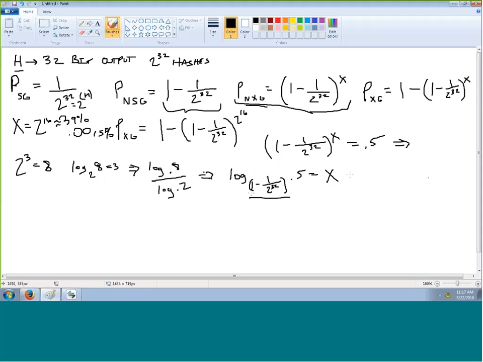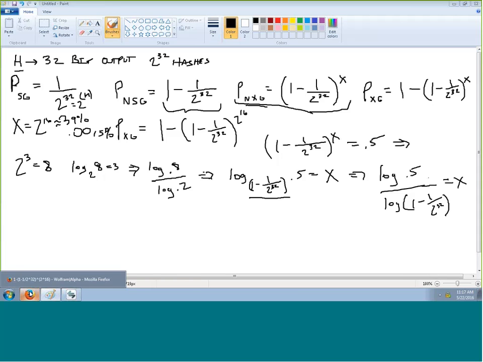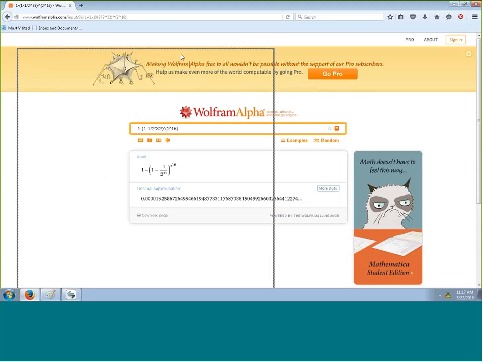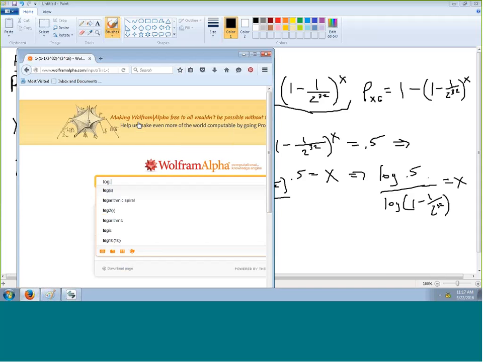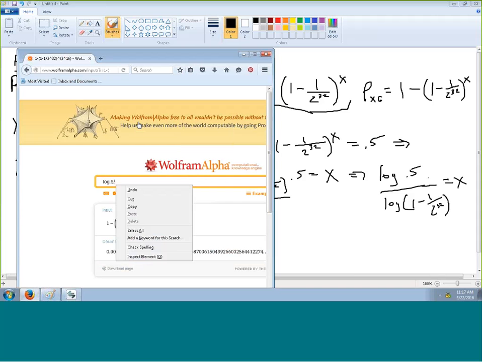We can use our change of base formula and say log 0.5 over log 1 minus 1 over 2 to the 32nd equals x. All right. So let's go ahead and do it. Let's have at it. Let's see how many hashes it would probably need to break a 32-bit hash function. Log 0.5 divided by